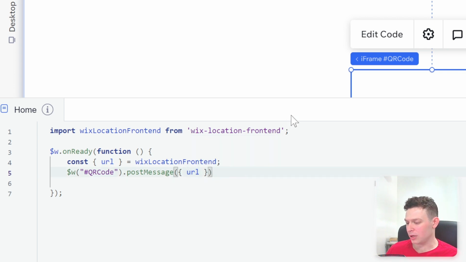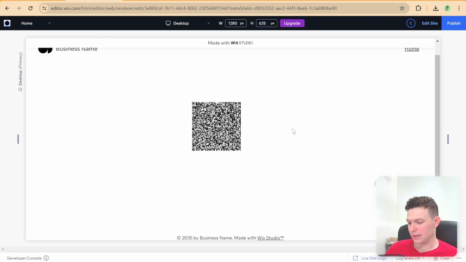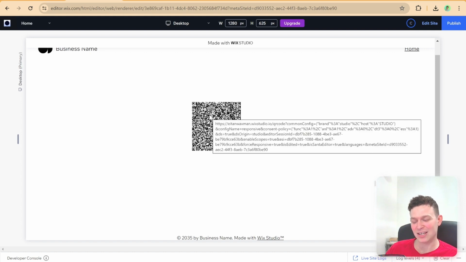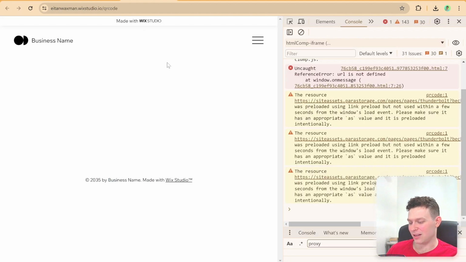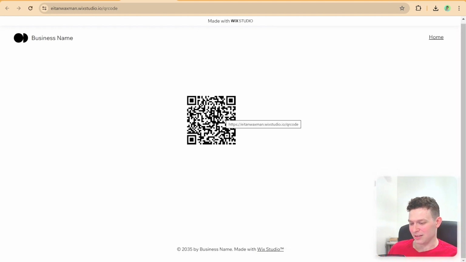And now, if we go ahead into preview mode, then you can see here we have a QR code, and it looks very complicated, and you can see that it's actually showing me now the URL of the editor. So that's another problem with preview mode, that the location of the URL is not really the URL of your website. But if we go here and I hit publish, and then load up the live site, then hopefully it will show me, yeah,